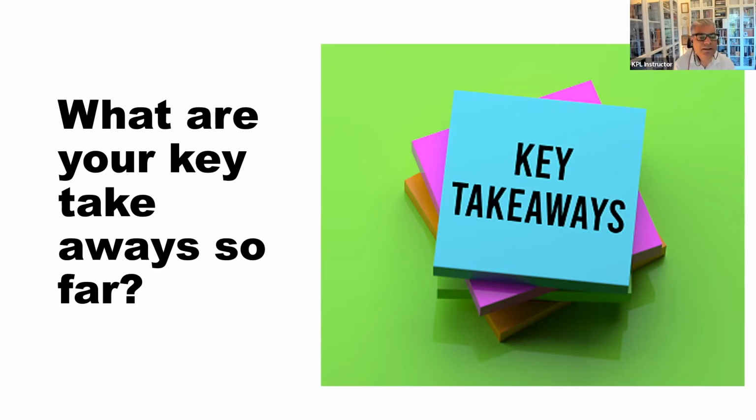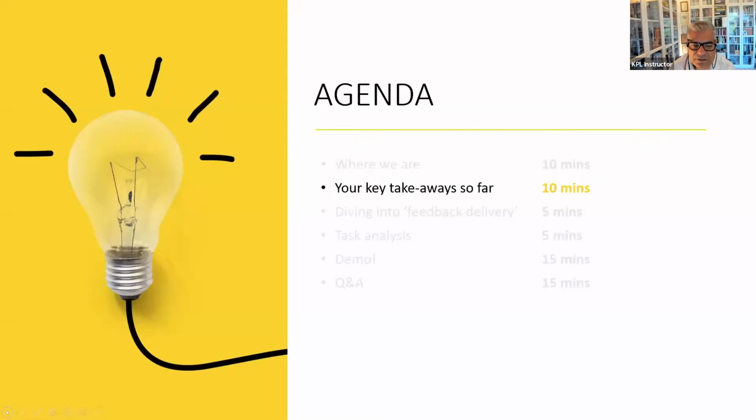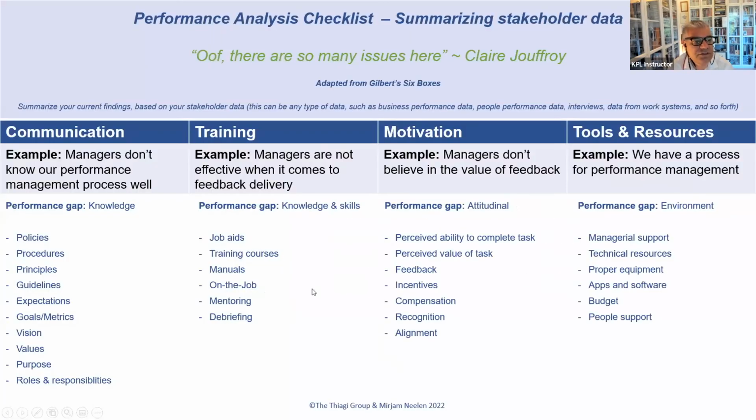If you don't mind, another comment just from me, just going back to Gilbert's, or this adapted from Gilbert's slide. I don't see measurement in there, Mirjam. I mean, is that deliberately missed out? I was just wondering, under tools and resources, perhaps in terms of looking at the performance gap, that measurement should be a consideration of how we are going to look at impact.